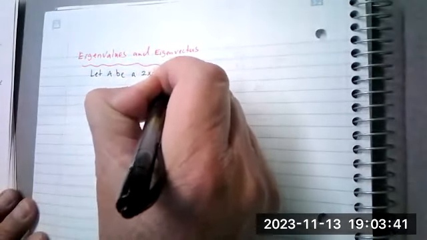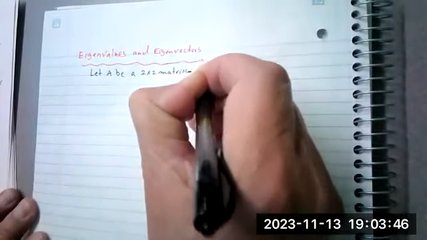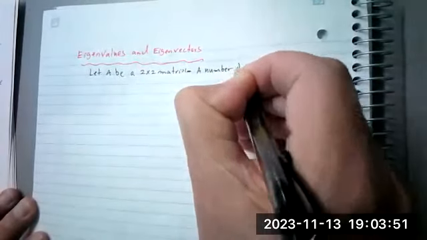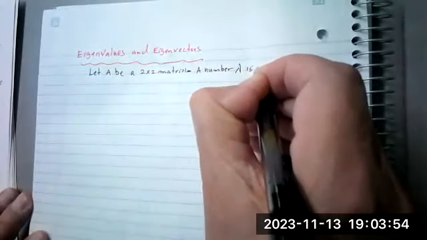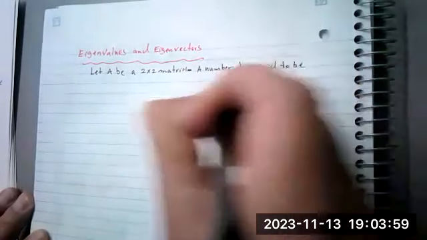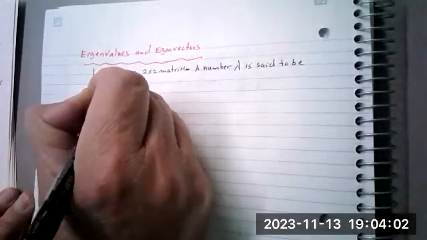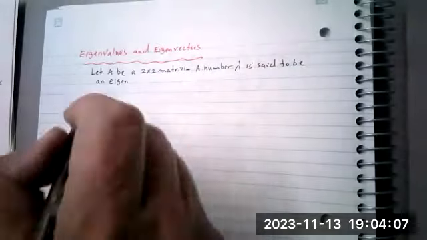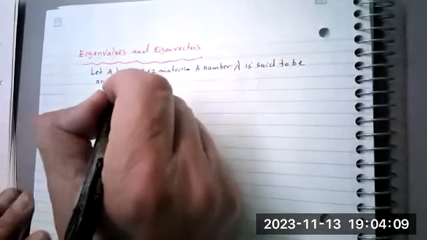Let A be a 2 by 2 matrix, and a scalar number, which we call lambda, is said to be an eigenvalue. Eigenvalue is a German expression meaning a proper value. So, to be an eigenvalue of A,